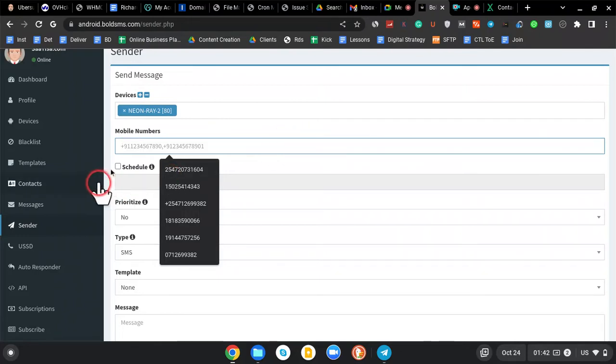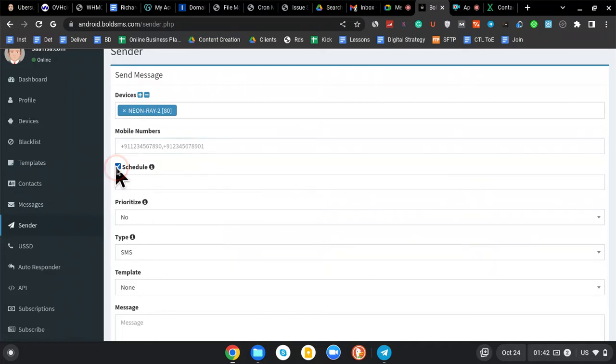And then you can also schedule. This is the actual screen that you use to push out the messages. Yes, but the best